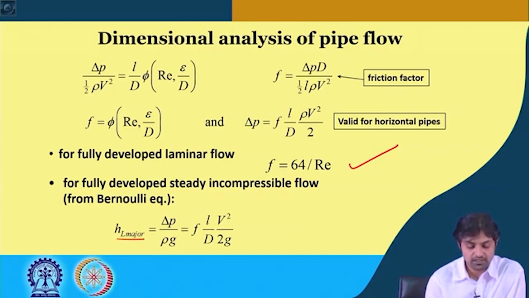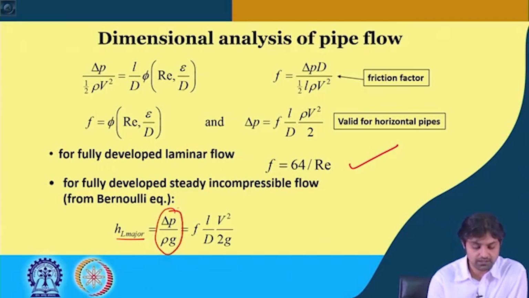So HL major can be written as delta P by rho g. All right, just concentrate on this. So this is the head loss major, and if you use this equation and divide it by rho g,